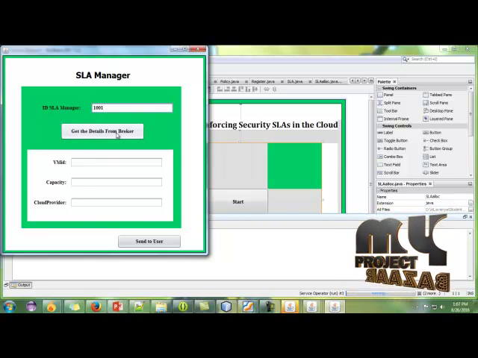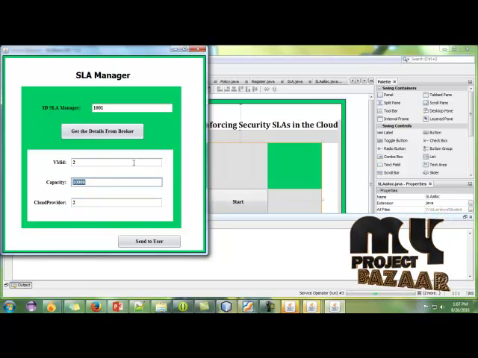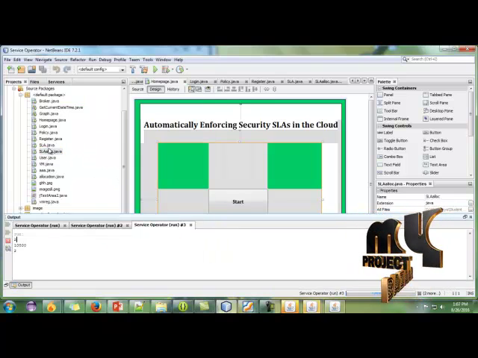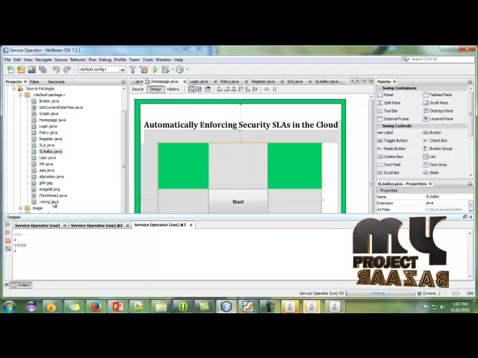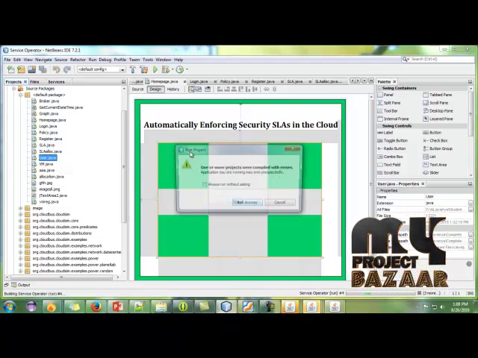After that, here we get the details from the broker. Here the virtual ID is provided with their capacity. After that, we send this information to the user. Okay. Now the user gets the information